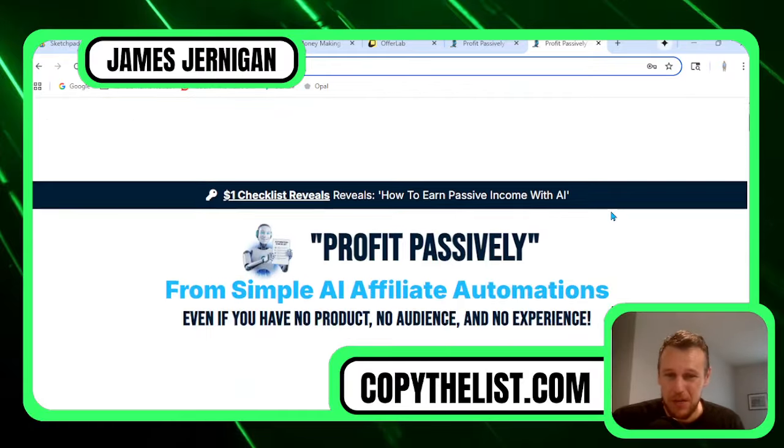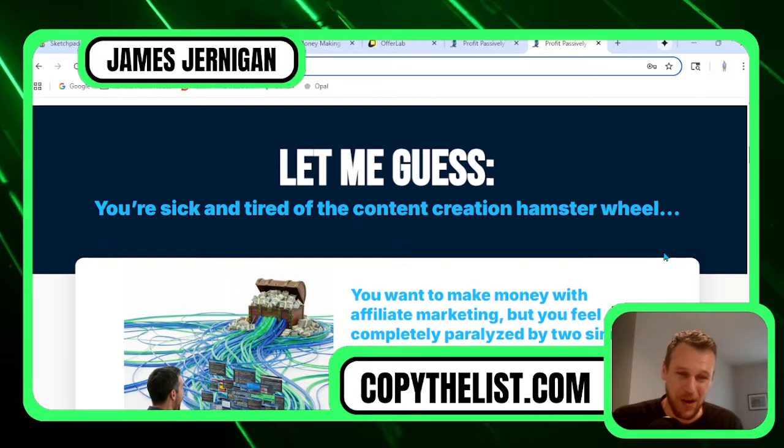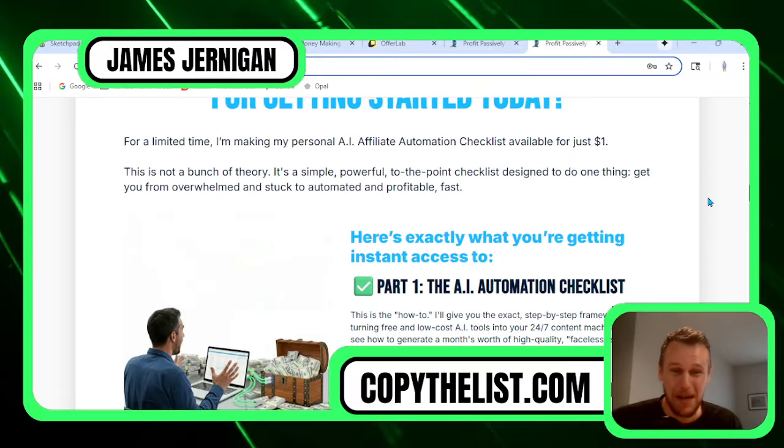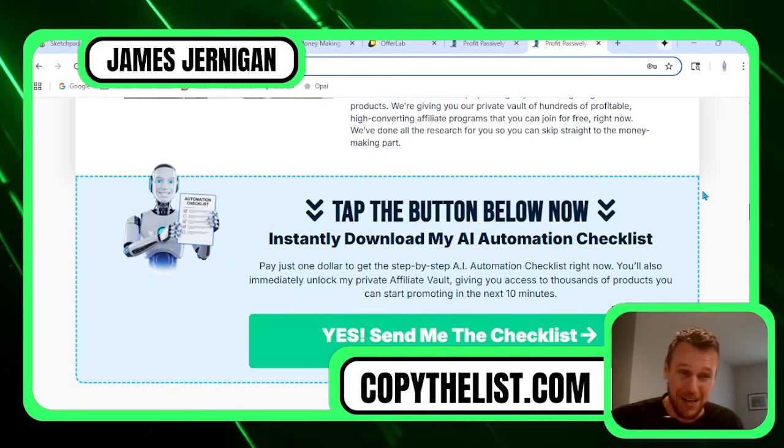Think about all the other dumb stuff you've spent $1 on in the past. A coffee costs more than $1. A breakfast sandwich at McDonald's costs more than $1. So even if this turns out to be a total waste and you buy it and you're like, man, James, this thing is a piece of junk, I don't want it, I don't need it, right? It's going to be probably insignificant. Whereas the upside, the potential, if you buy this and you're like, man, James, this is awesome, this showed me step by step exactly what I needed to do to start reaching thousands, tens of thousands, hundreds of thousands of people per month, then this $1 could be the best investment you've ever made.